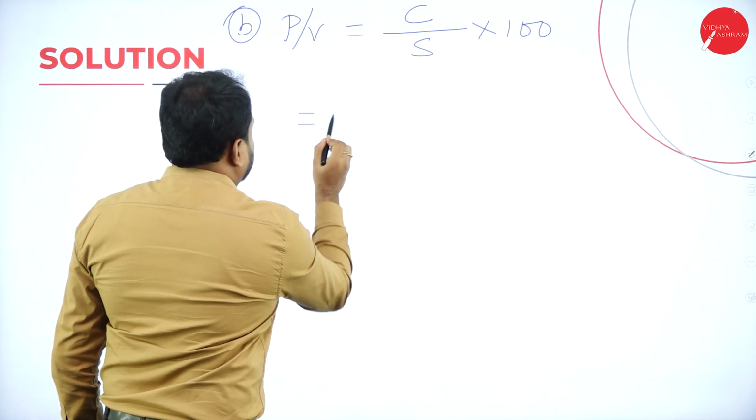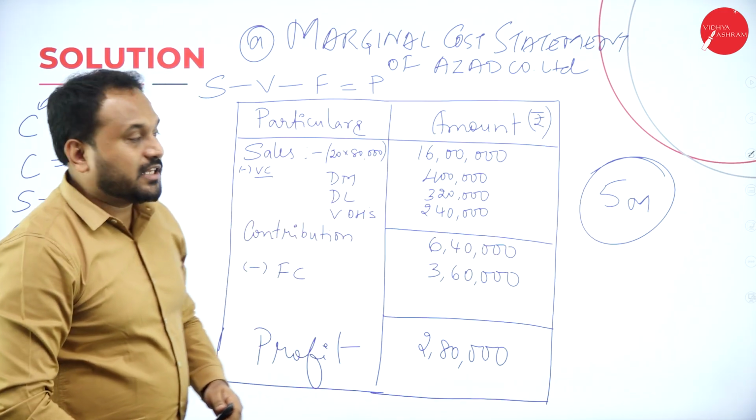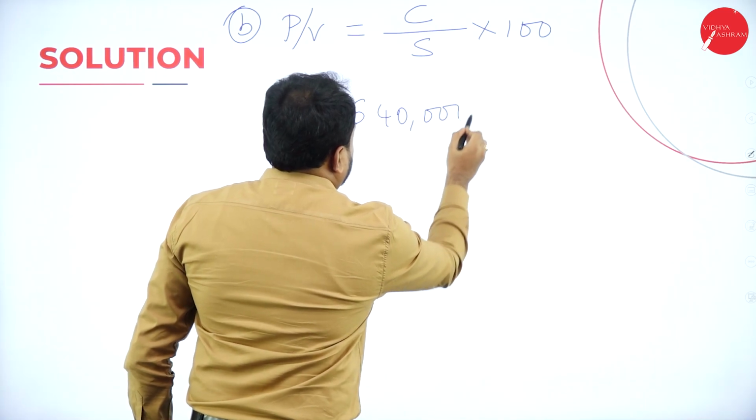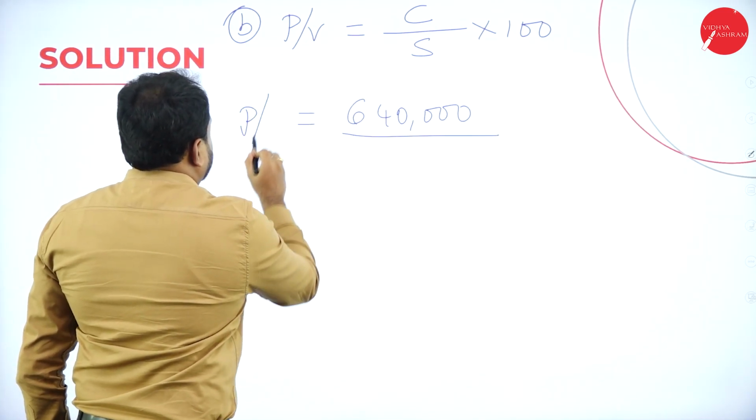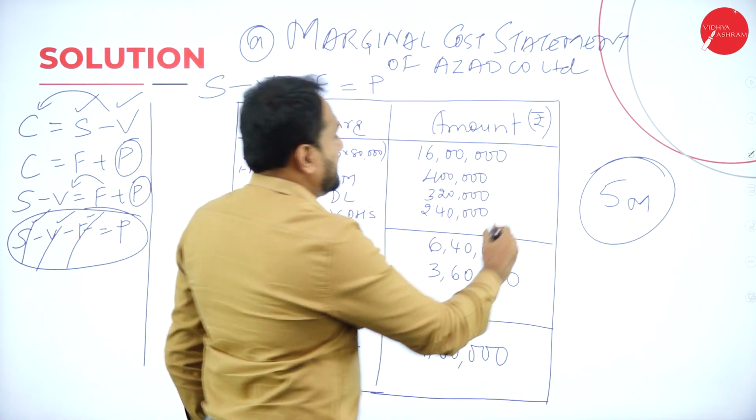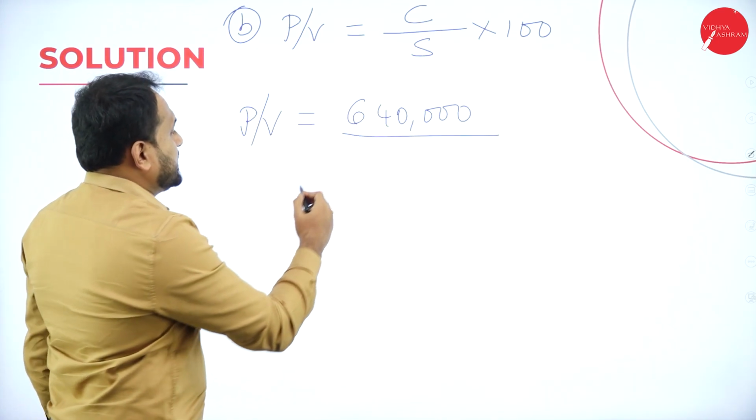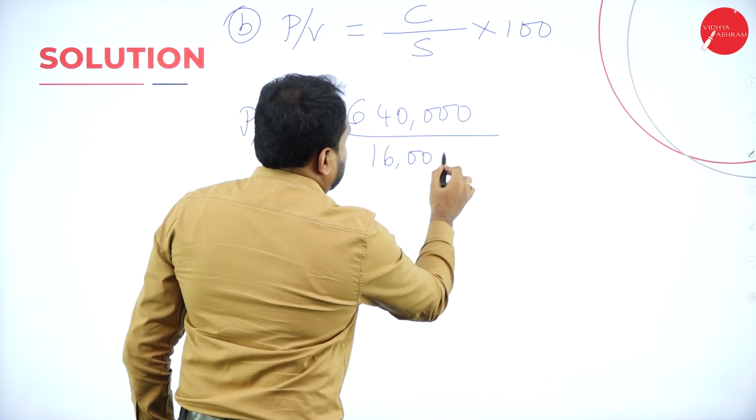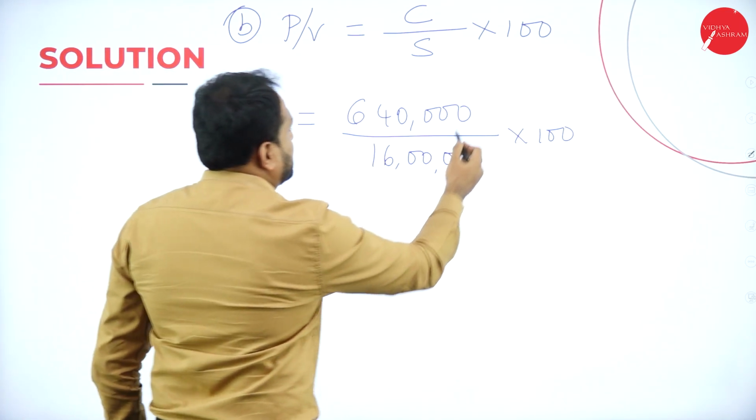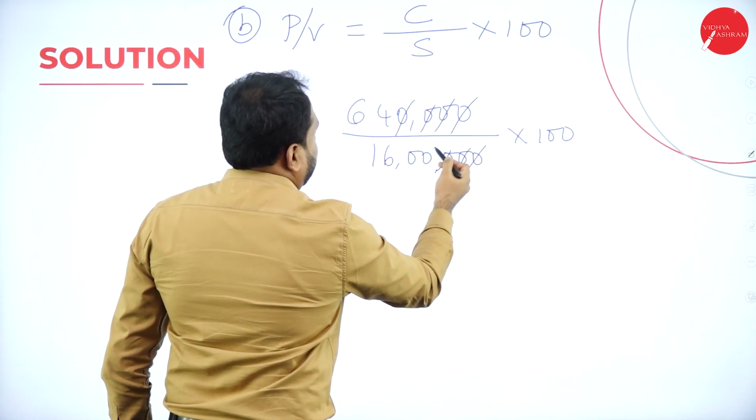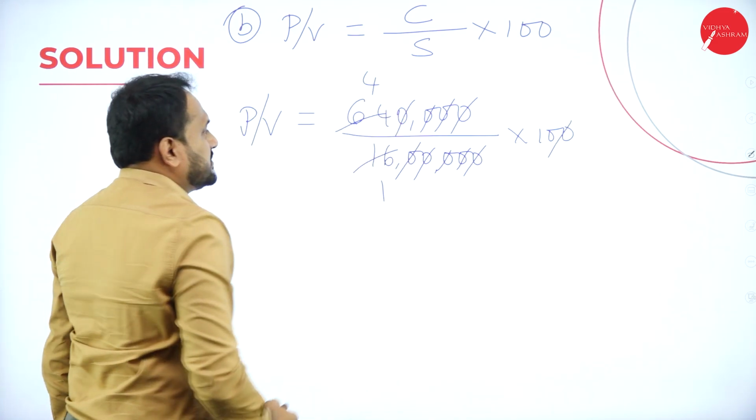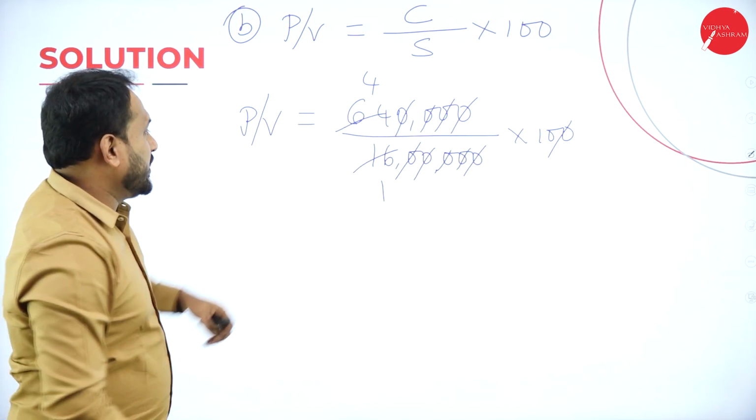Now, what is my contribution? Contribution is equal to 6,40,000. So PV is equal to 6,40,000 divided by sales. Sales is how much? 16 lakh. 16 lakh into 100. Now the zeros are cancelled. Here 64 and 16. So 16 ones are 16, 4s are 64. 4 into 10 is 40. So my PV is